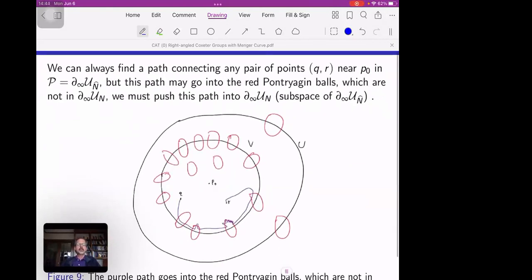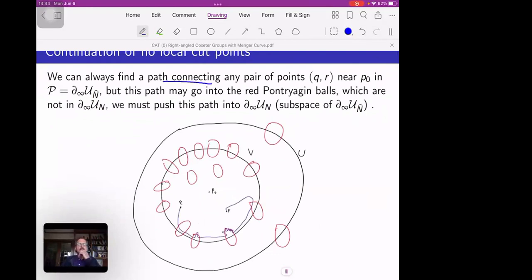But we can always find a path connecting any pair of points near P0 in the Pontryagin surface. Our target visual boundary, boundary infinity UN, is a subspace of the Pontryagin surface. So our strategy is, because we can always find a path in the Pontryagin surface, but this is the drawback, because this path may go